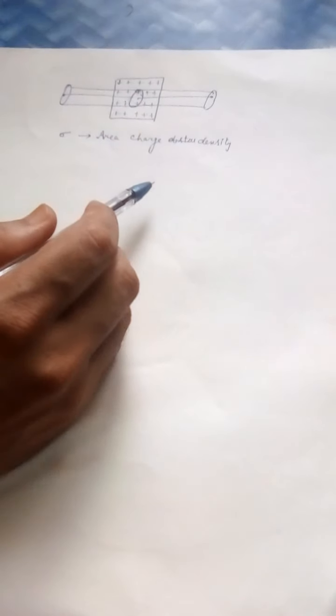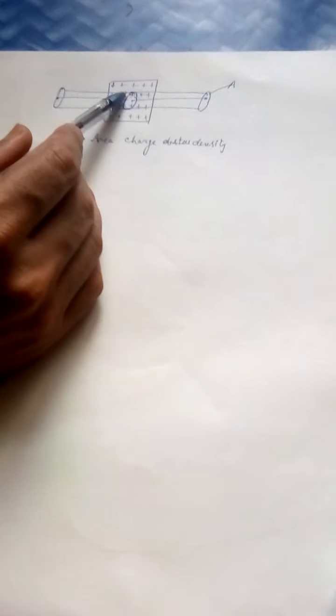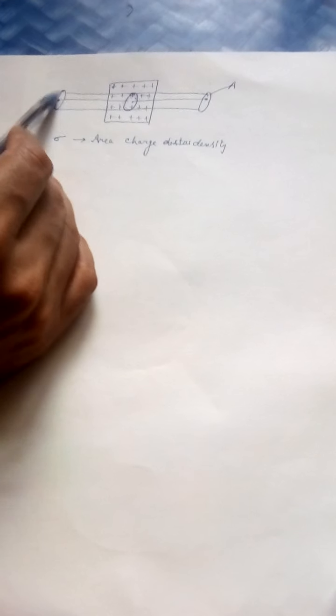Now it is given that charge is distributed on both sides of the sheet. So on one side, you are enclosing by this area, and this circular part suppose has area A, and on the next side also, if you have to close it, then you have to draw this surface. This also has area A.